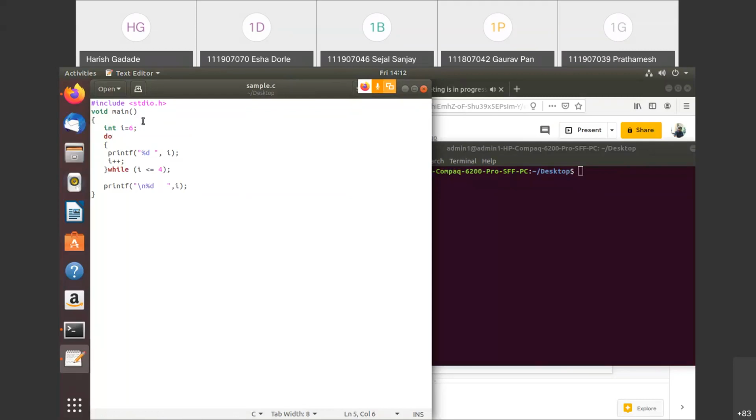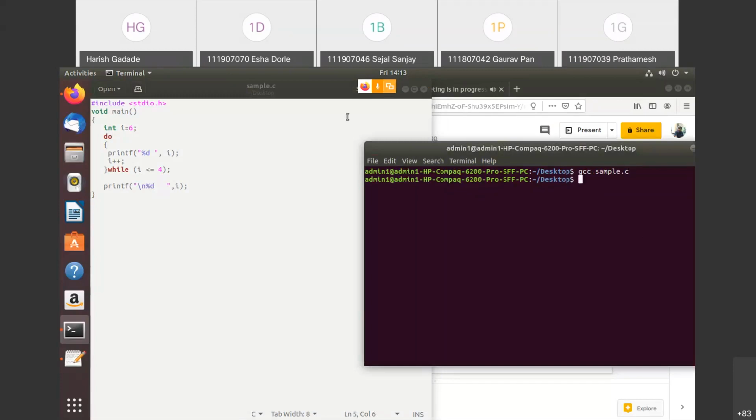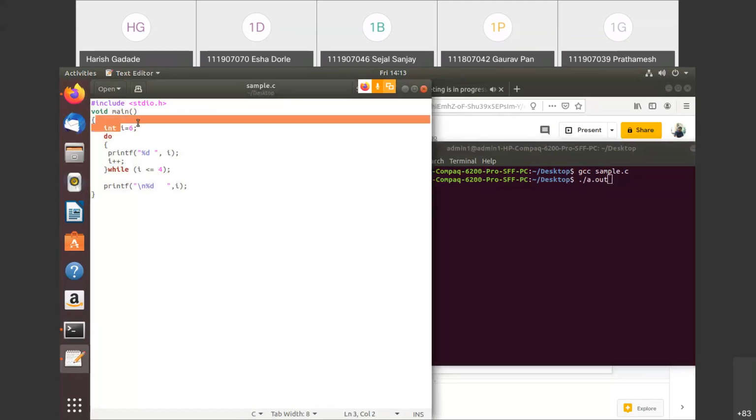If you see, first I'll run it and then explain again so that you will understand it. It is running, and if I run it, what would be the output? Before running, I'll tell you: see, i value is 6, right? Now see here, it is not checking any condition. Without checking the condition, the control is entering into this do while. So whatever is the value of i, that is printed here, so the output would be 6.